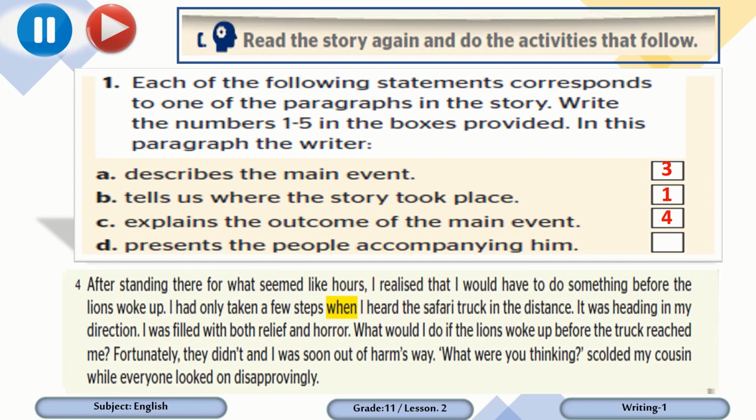Excellent. Number 4. Let's check the answer. And the writer mentioned here the main event. Okay. And the last one. In which paragraph does the writer present